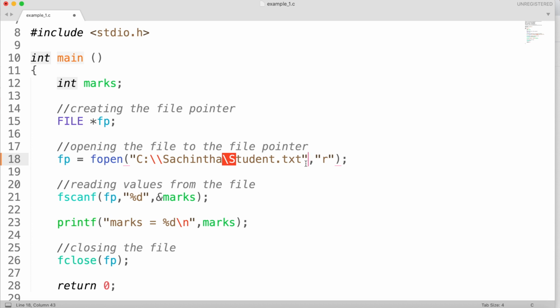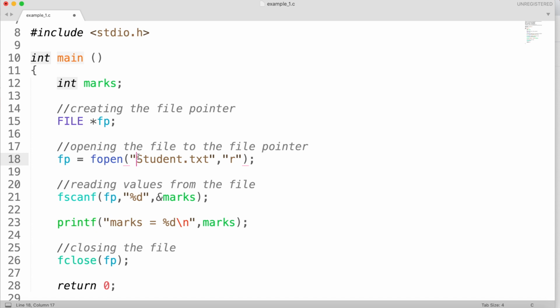Because of that, we will go with the second way, specifying the file path using a relative path. A relative path specifies the file path relative to where you have stored your program. This is an example of a relative path.